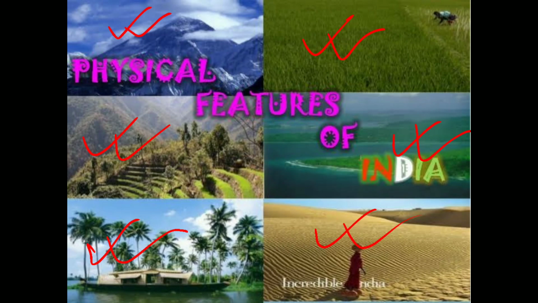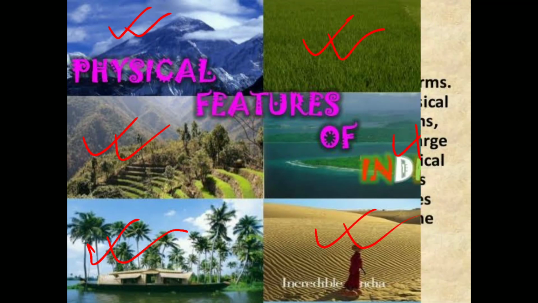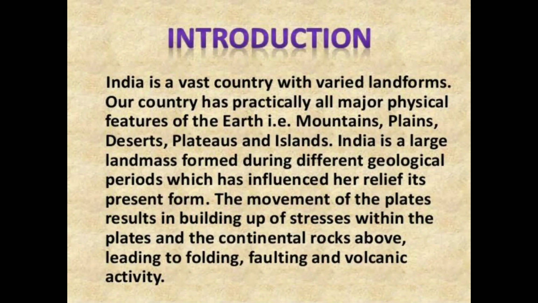Okay, now let's study about India's physical divisions. Now you can see India is a vast country. On the northern side, India is separated from other countries by the mountain range called the Himalayas. To the east of India lies the Bay of Bengal, the Indian Ocean lies to its south, and the Arabian Sea lies to its west. They form the natural boundaries of India.